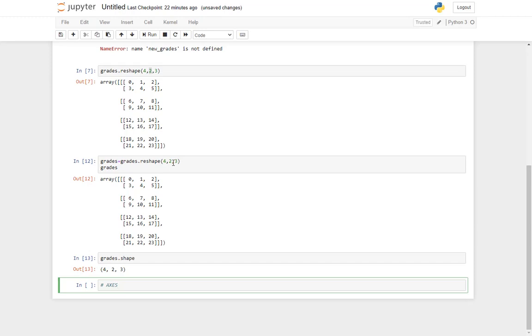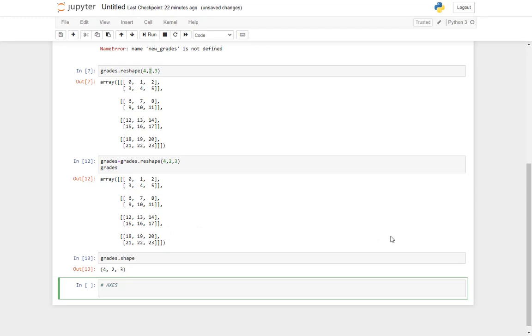It is very important to know about axis as well. The vertical axis, that is the number of rows, is axis 0. The horizontal axis, that is the column number, is axis 1.